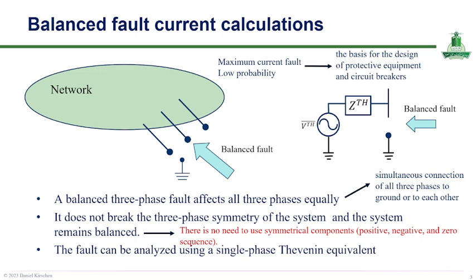and so on. Because the system remains symmetrical, there is no need to use symmetrical components such as positive, negative, and zero sequences for analysis. Instead, the fault can be simplified and analyzed by using single-phase Thevenin equivalent circuits, as you can see on the right-hand side of this slide. This approach models the network as an equivalent voltage source and impedance, enabling straightforward calculation of the fault current